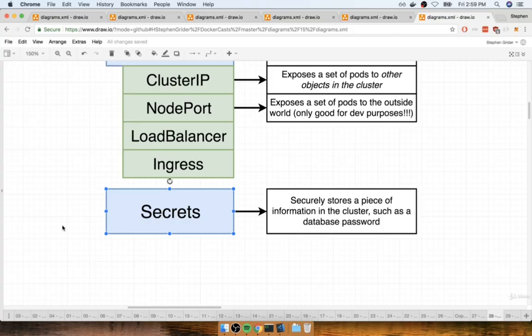So why are we using an imperative command here as opposed to a config file? Well, when you create the secret, you have to provide the data that you want to encode. And so if we had to write out a config file that said, hey, here's our secret, like in plain text, here's the PG password, then it would kind of defeat the purpose of having a secret anyways. So we're going to create our secret with a single command that's going to be imperative in nature. And that means that we're going to have to run this command locally on our computer to create the secret. It also means that when we eventually take our application to a production